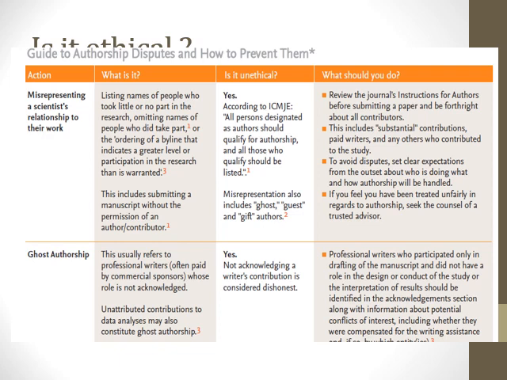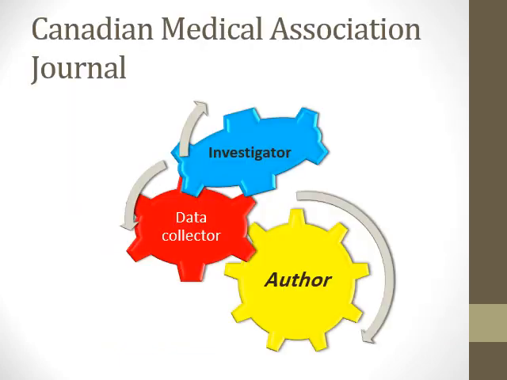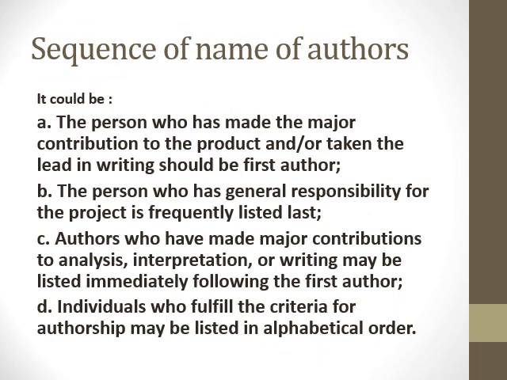So what is right and wrong in the different sections has been given in this slide. Some journals determine the definition of author, data collector, and investigator. They ask you: are you an author by their criteria? Are you collecting the data only? Are you an investigator? This is for a certain journal, not all journals. Okay, the most important question: where do I put my name?